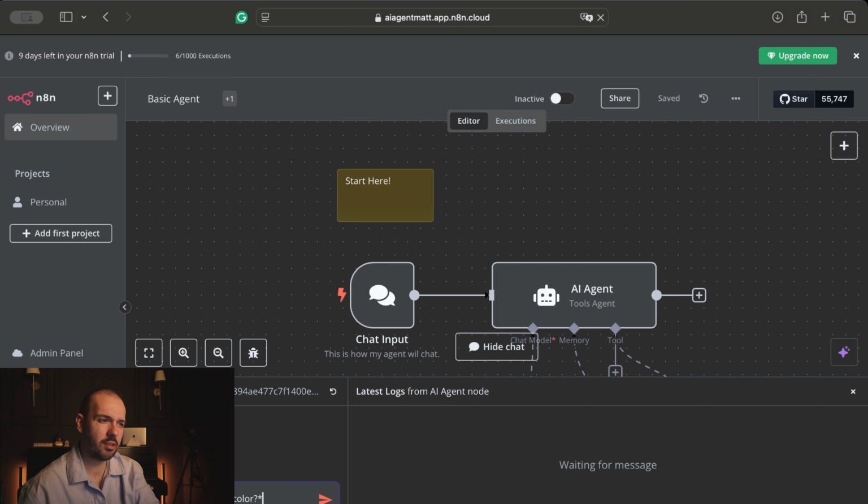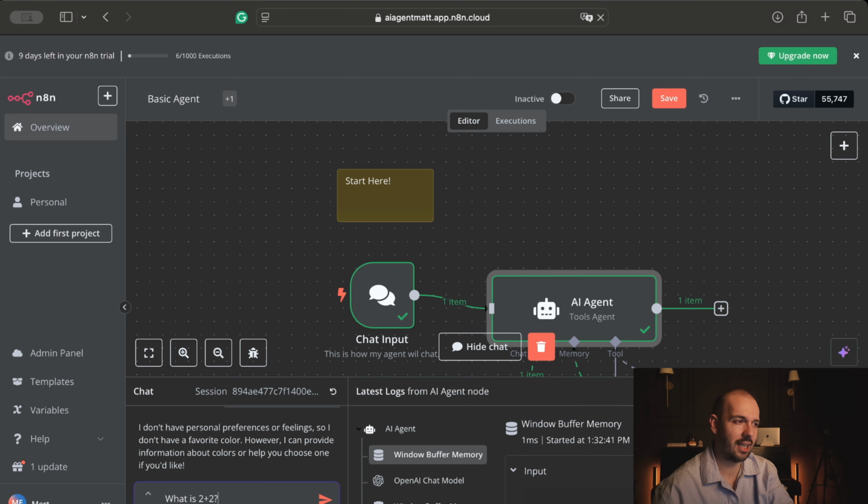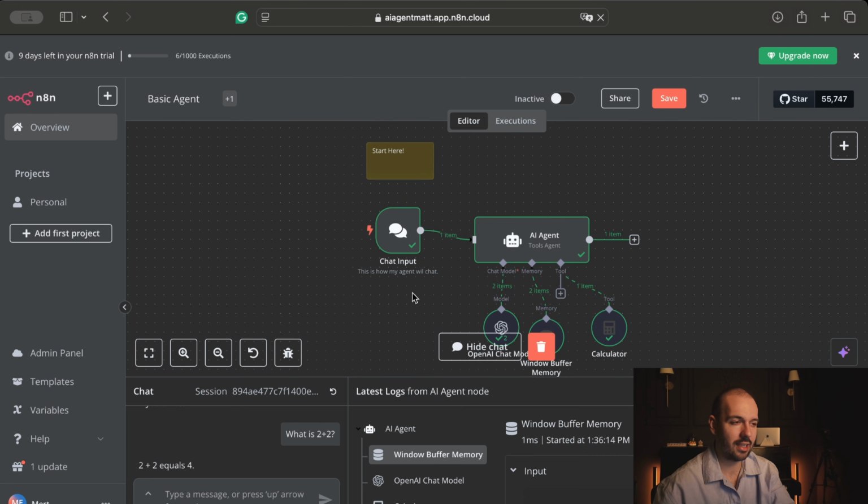Type something super simple like, "What's your favorite color?" and see how the AI responds. Next, try a calculation-based query. What is 2 plus 2? Check out the executions panel to see exactly how the agent decides to use the calculator tool. By clicking the execution step, you can see the agent's thought process. It recognized the need for calculation, called the calculator tool, got 4 as a response, and returned it as part